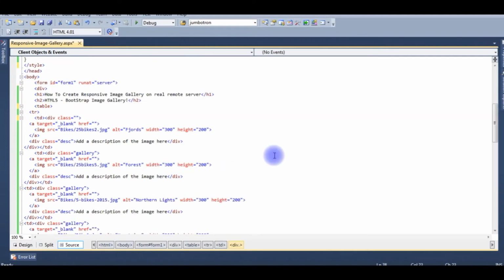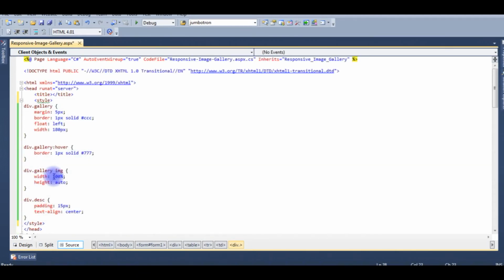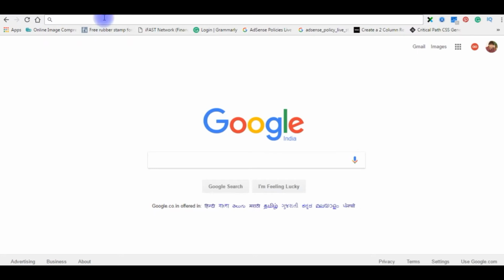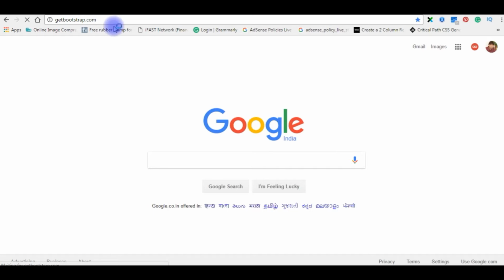So to achieve my requirement, the first thing is I have to add Bootstrap MaxCDN CSS and JavaScript files between my header tags. In the Google search engine, type getbootstrap.com, enter.